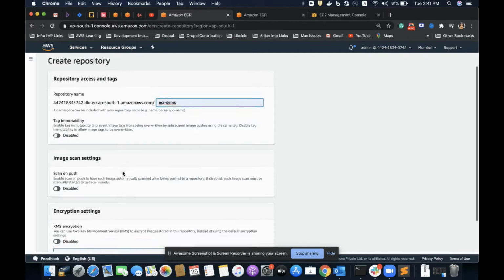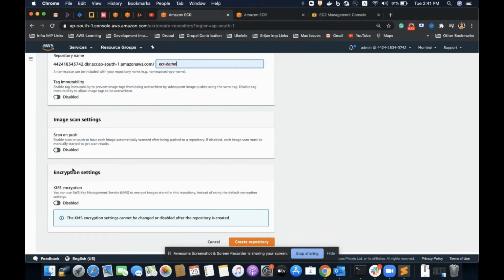For this demo, I'll be keeping all this configuration disabled for now. I'll change it later if I need to, but for this demo I do not need it. But I'll explain this configuration. It is needed if I have to put a restriction so that the tags I push are immutable, so that the tags I have pushed could not be overwritten by me pushing the tags again.